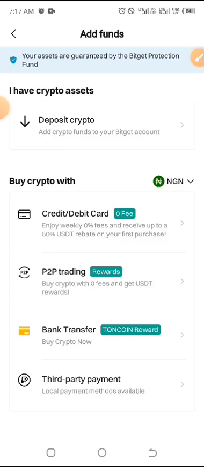When trying to withdraw from this centralized exchange, I am going to be paying gas fee in the coin that I want to use to withdraw. For instance, when I want to withdraw USDT TRC20, they are going to be charging me from the USDT TRC20 that I have. If I want to withdraw Ethereum, they are going to be charging me from the Ethereum that I have. If I want to withdraw Tron or BNB, they'll be charging me from the BNB that I have. Now, this does not work for